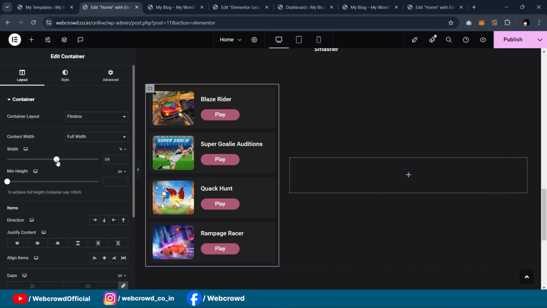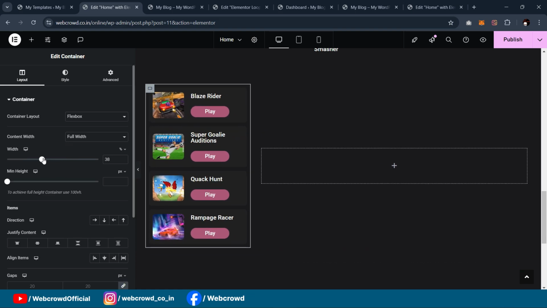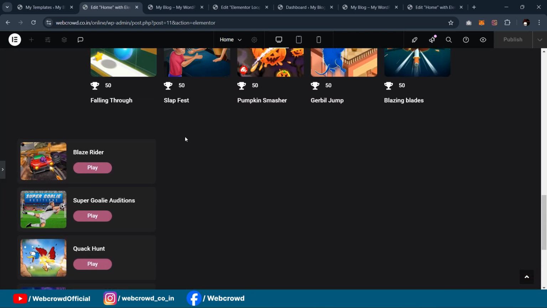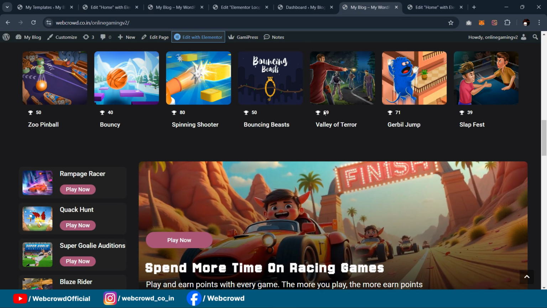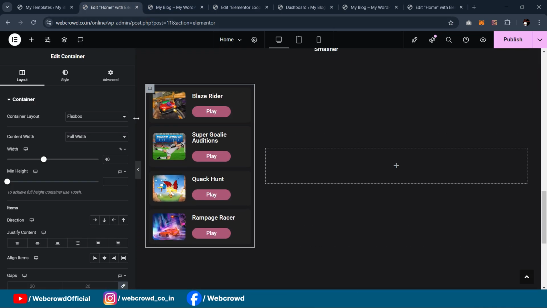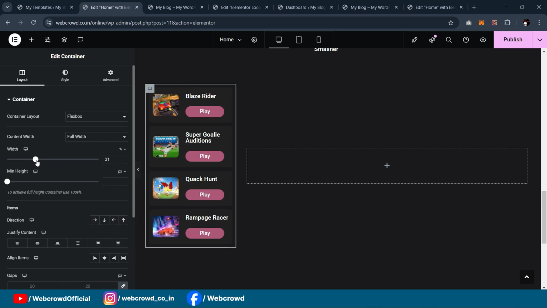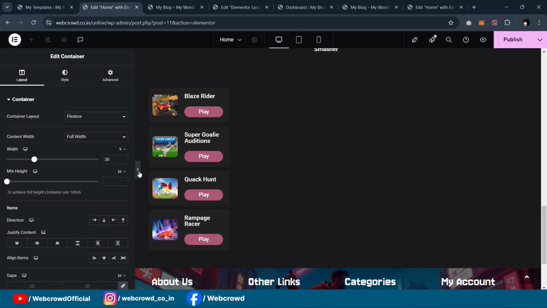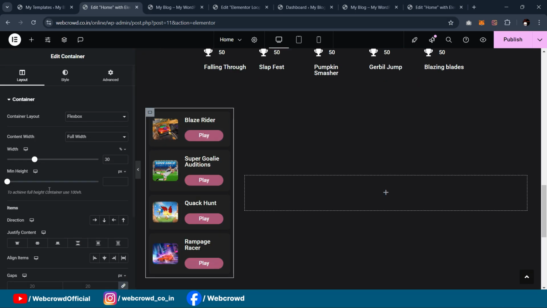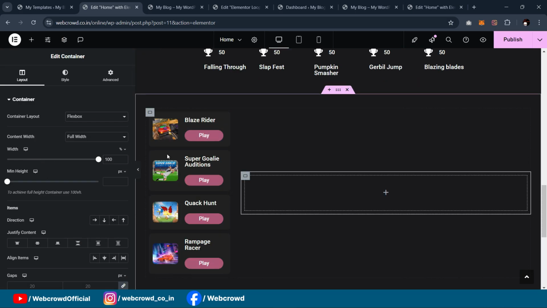Save this container and reduce the size. Okay, great. Set it to 30. So I will set the column width to 30%. Okay, now let's